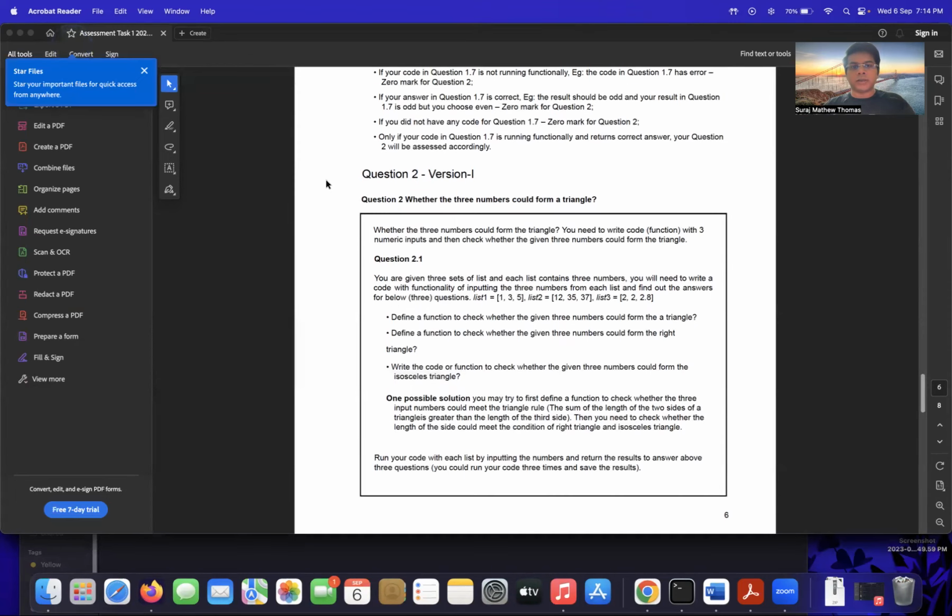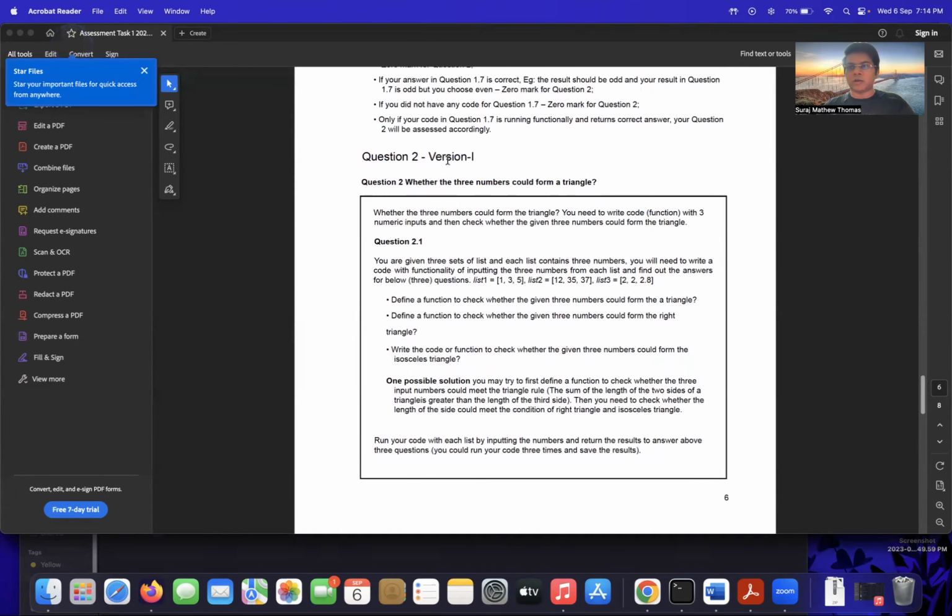So the question that is attempted is version 1 of question 2, which is to see whether a triangle can be formed. So the objective is to write a Python code to check whether, given the three sides, the three sides would actually form a triangle. And if it forms a triangle, what is the type of triangle that is formed? Whether the triangle formed is a right angle triangle, or the triangle formed is an